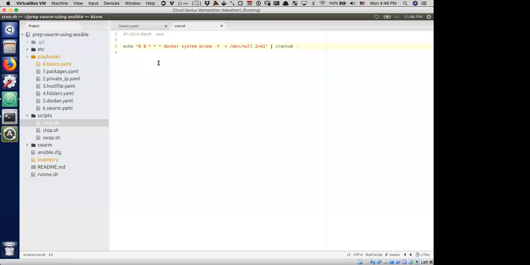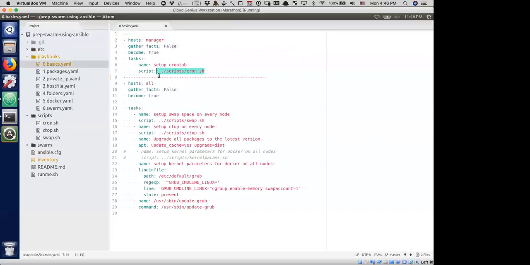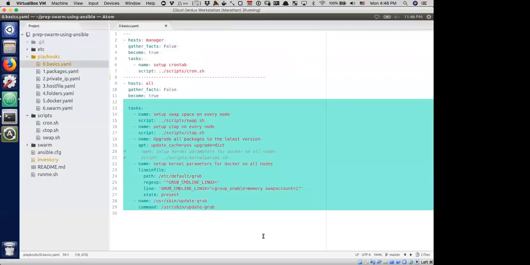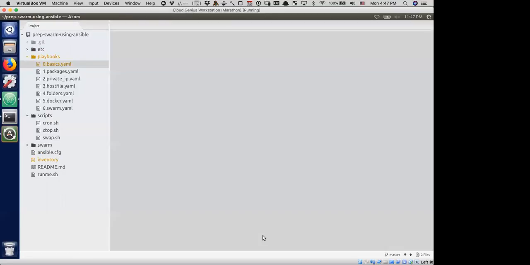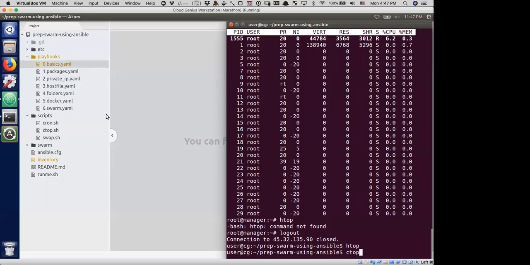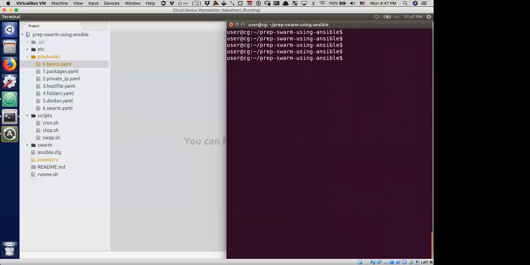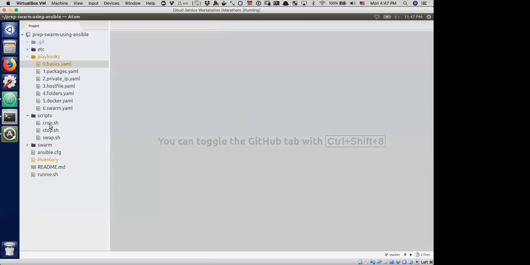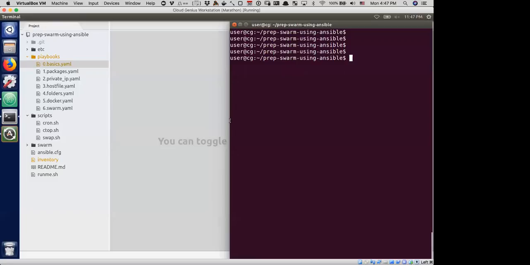That's the command I have put as an example in the crontab that I want to include and run only on the manager. And then I run these tasks on all the machines that we have. So let's go run it now. Now that we have understood what this does, let's go run it. How do we run it? Running is fairly simple. We say ansible-playbook and then the name of the playbook. As simple as that. So we'll go here and say